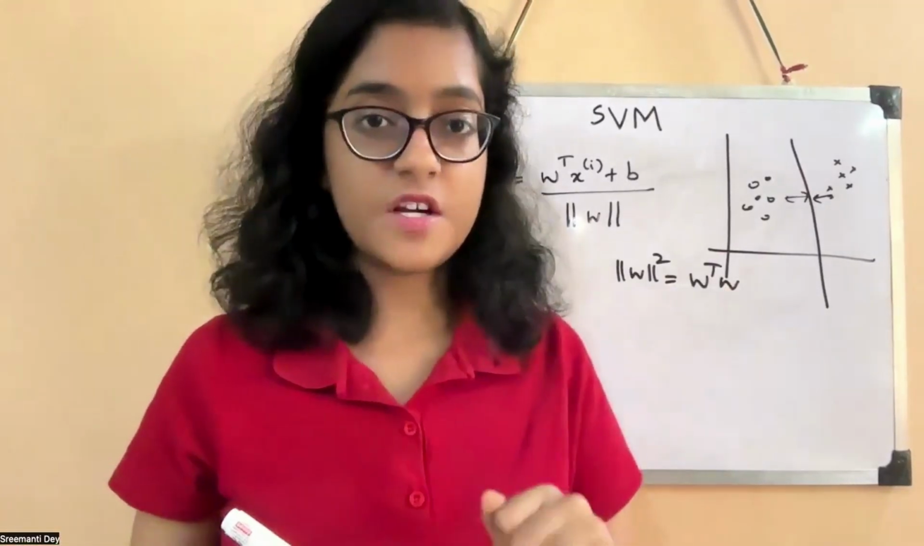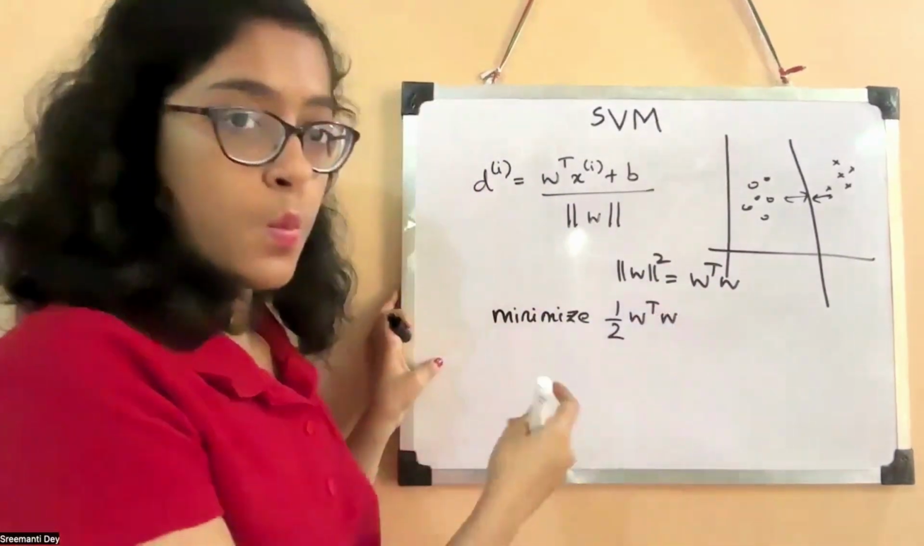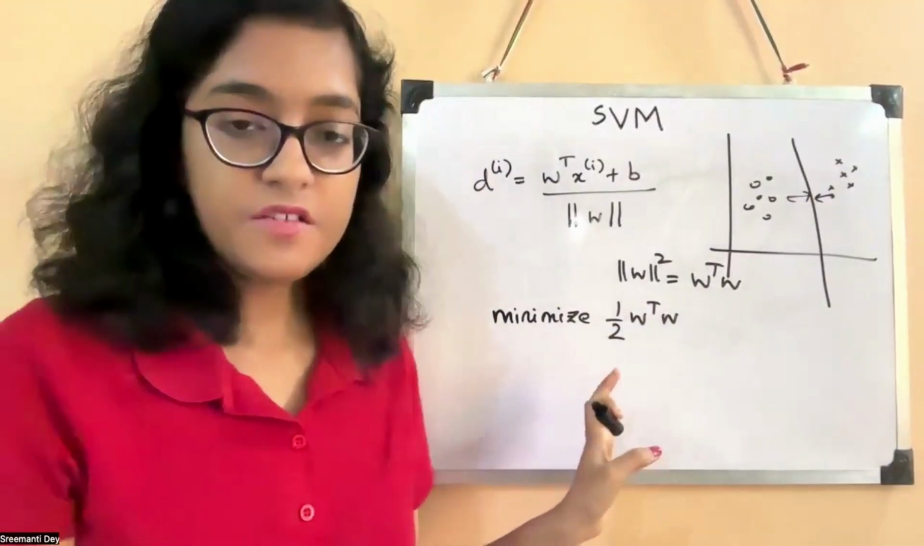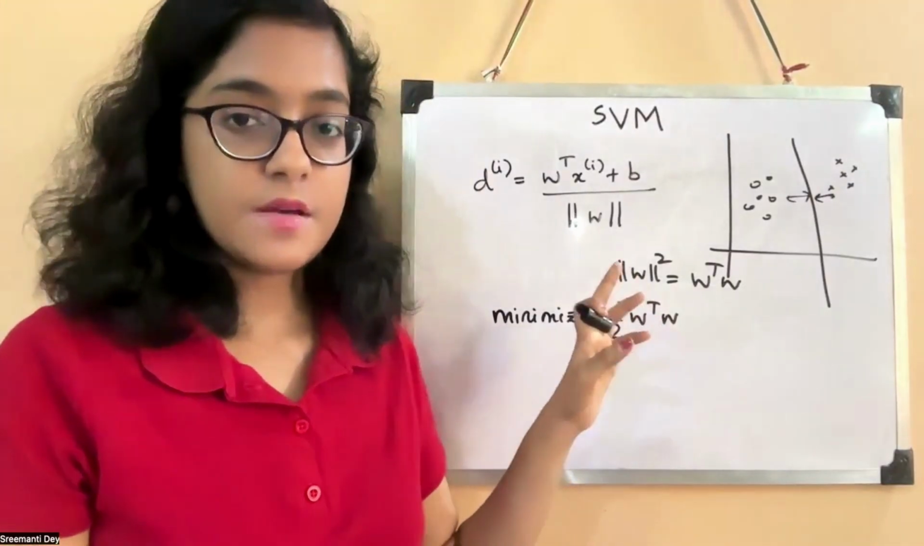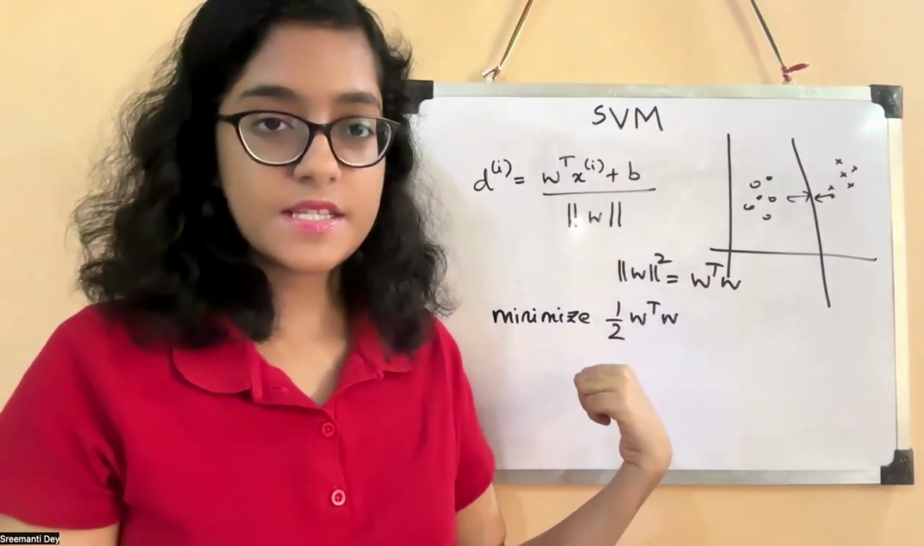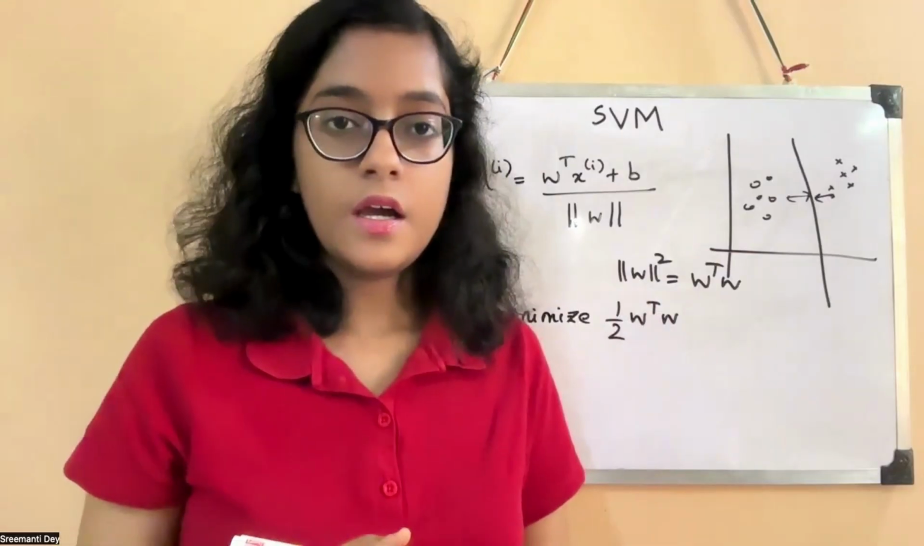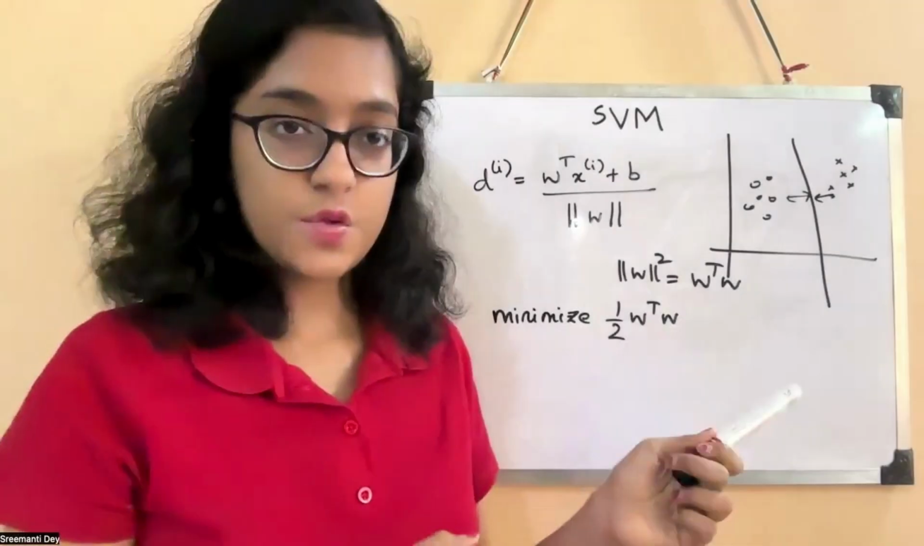So our objective function will be half, because W transpose W is mod W square. When we differentiate this, we'll have a 2 and the 2 will get cancelled and we'll have mod W. That is why this half is very important. Subject to